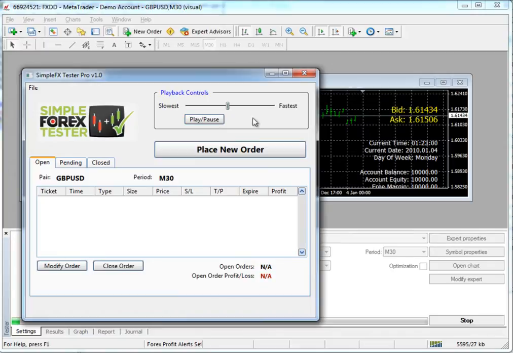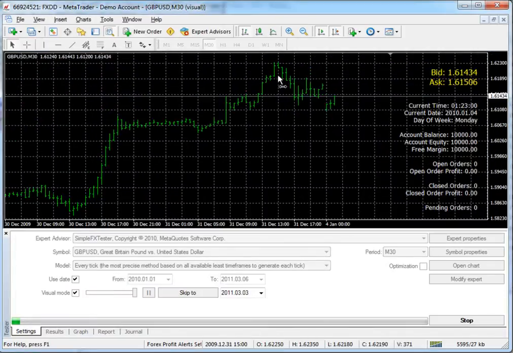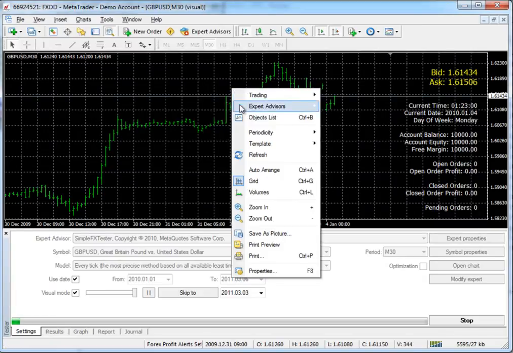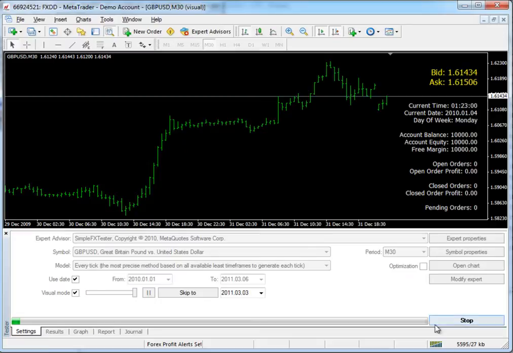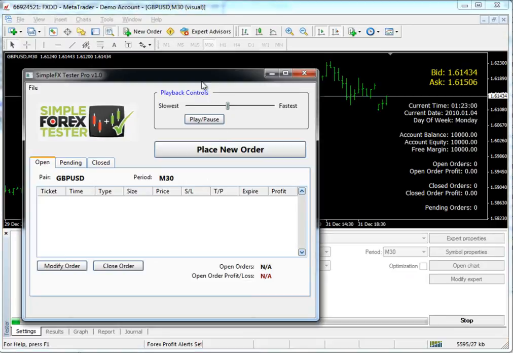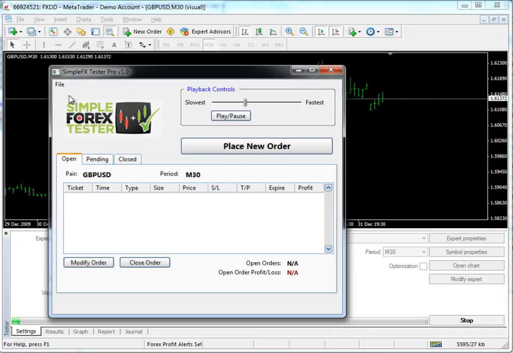So now I'm going to go ahead and pause it, come over to my MetaTrader window, just so I can make this bigger. Right click and then go to grid, so I can turn the grid off, make it easier to see. You can actually tell most of the information right here on the right hand side. Remember, as before, I'm going to play the market again. You can actually remove this by going to File, Show HUD. So I really don't need to see it right now for the things I'm about to do,